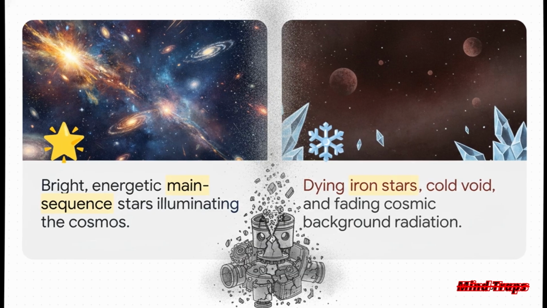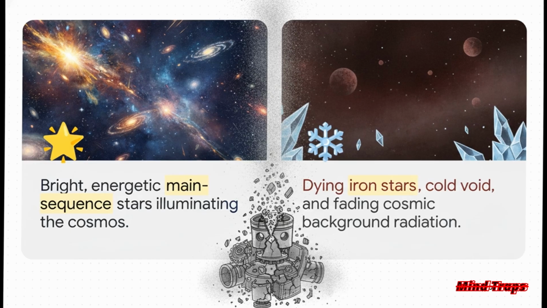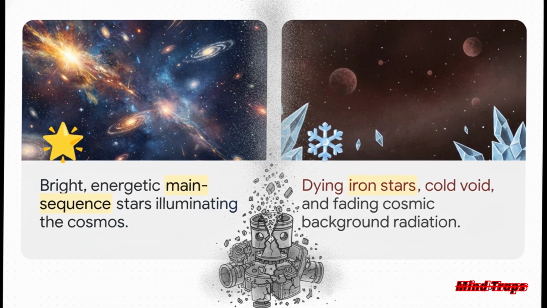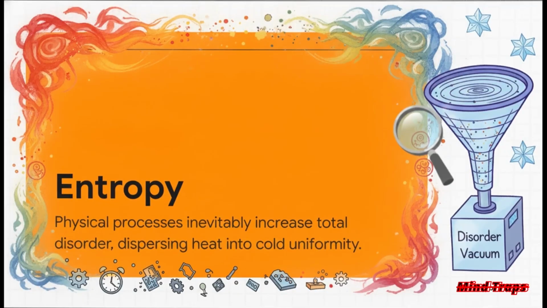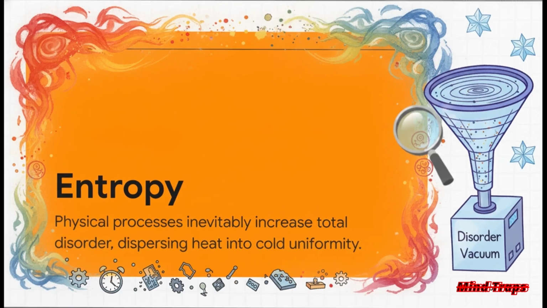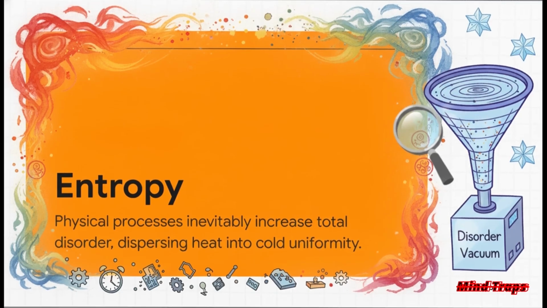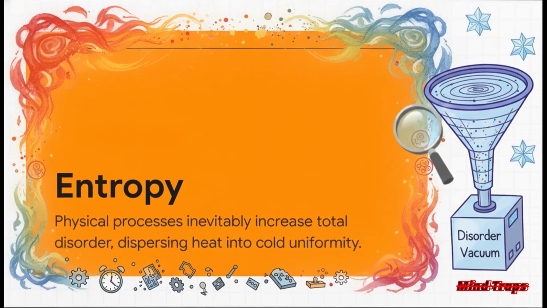The Bekenstein-9 relies entirely on thermodynamic gradients, differences in temperature, to run its closed-loop ecosystem. But as the universe cools down and levels out, it reaches local equilibrium. And for Elena and Marcus, equilibrium means the reactors fail. It literally means they become dust. This brings us to a fundamental concept: entropy. It's the physical law saying all processes inevitably increase total disorder, basically dispersing energy until everything is just cold, flat uniformity.